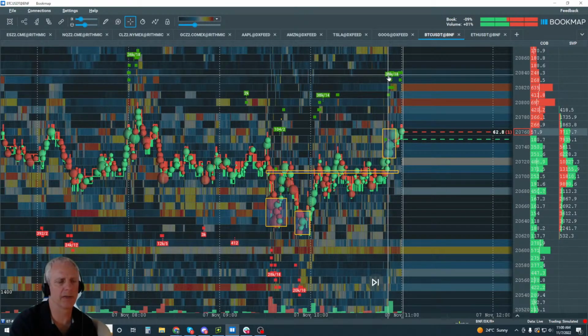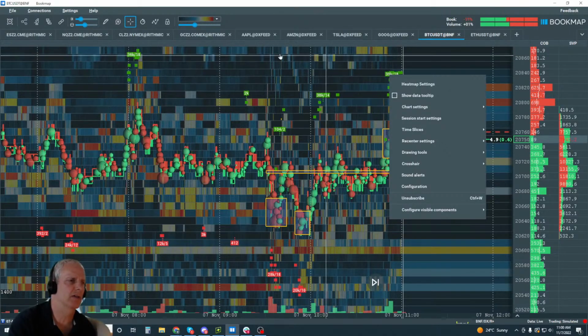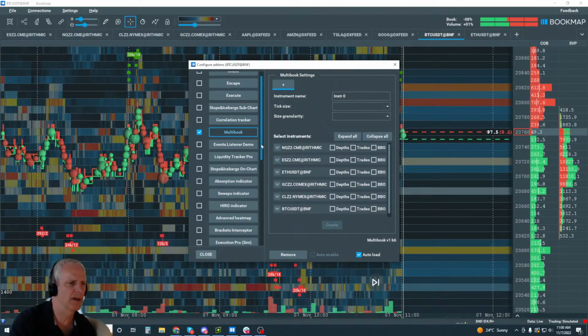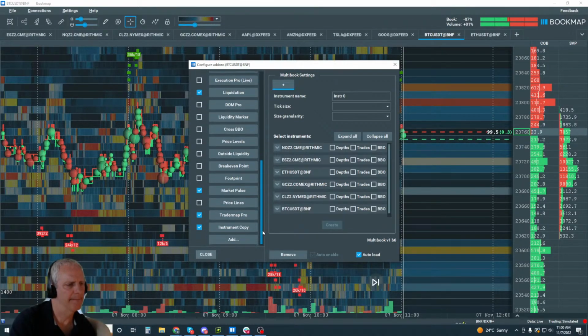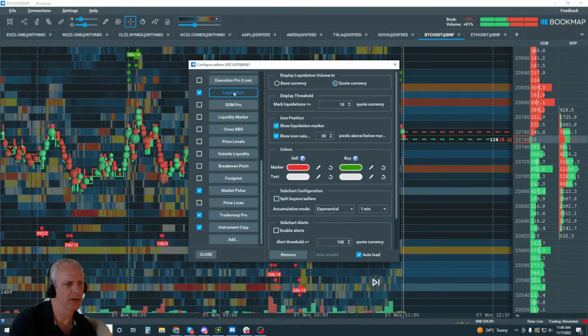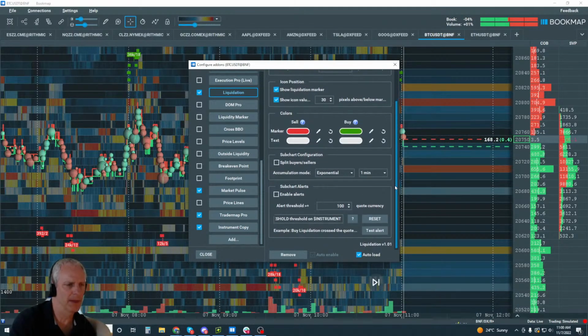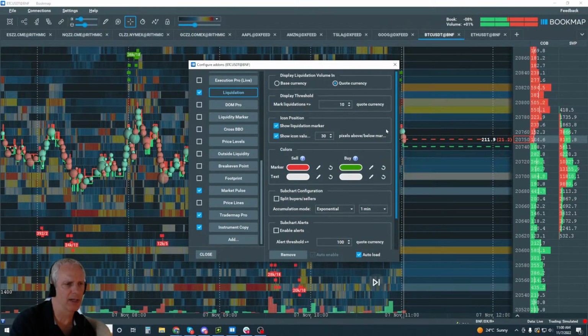This means like $39,000 were liquidated in here. You can go even to the indicator, and let me show you something in here. Liquidations here. So you can flip it. You don't have to look at the dollar amount if you don't want to. It's US dollars, but you can also look at the display threshold here and maybe the quote currency or the base currency.